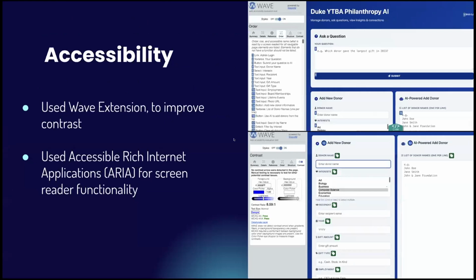We wanted to make sure our platform was accessible to all users. So we used the WAVE extension, which basically tests to see if our site meets accessibility standards like color contrast and layout structure. And we're happy to say that our contrast passed all of the checks, which means the text on our site is easy to read and visually clear for all users. We also added ARIA tags so the platform works well with screen readers